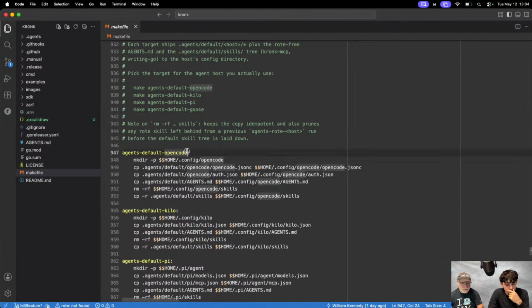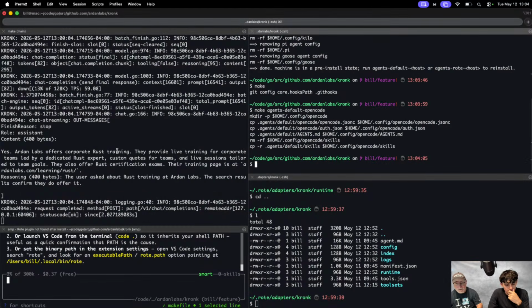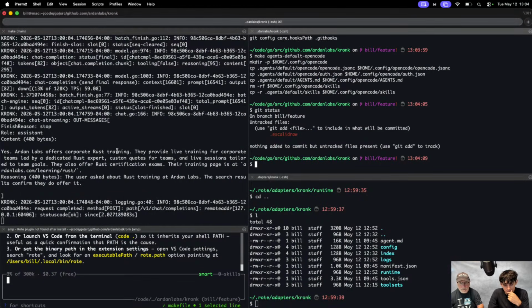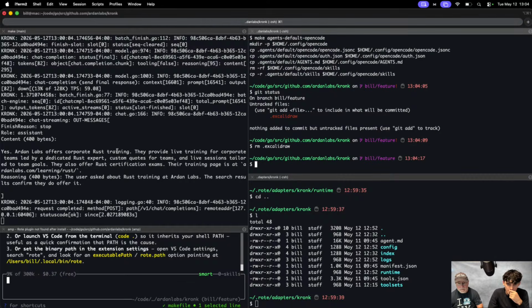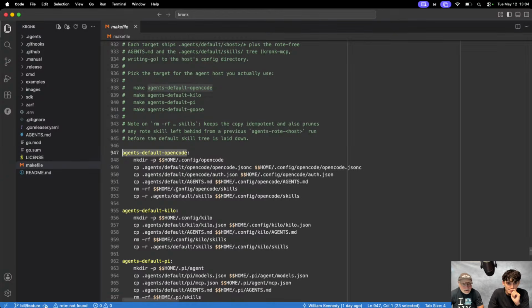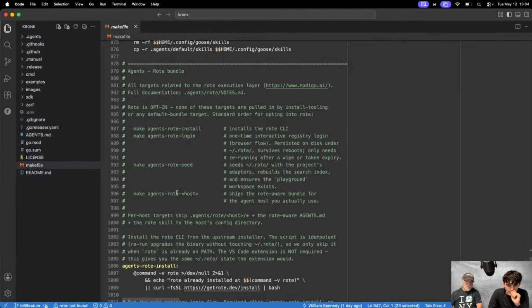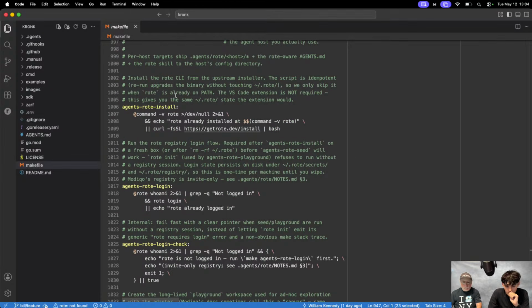And I'm going to wait for the new version. Now I'm back to where I was. And I don't need that Excalidraw anymore. Now I'm back to non-rote mode. When they fix some of those bugs, I'm going to get rid of that removal and figure out more on the install side. But hey, I think in 2 hours we did pretty good.